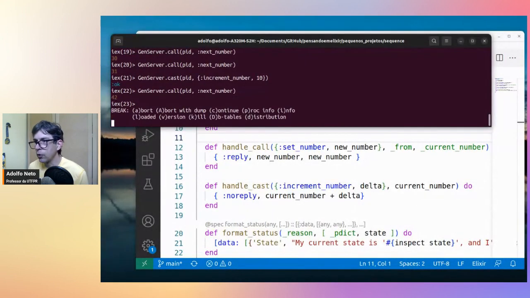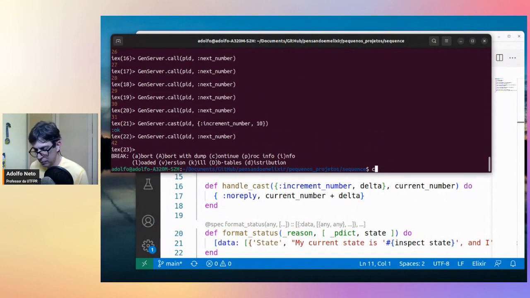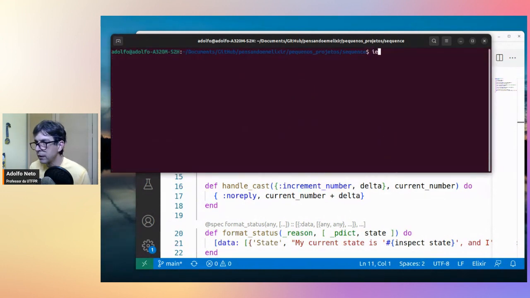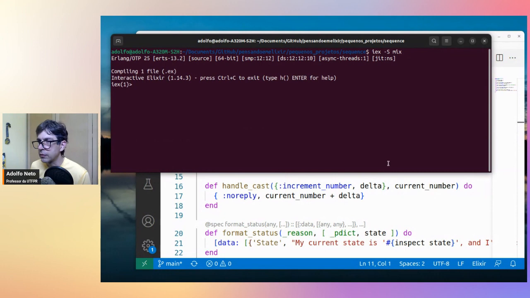So I'm going to close this IEx here. I'm going to clear, and I'm going to call again iex -S mix. And then I'm going to start a GenServer now with these options here, debug, trace. And when I do